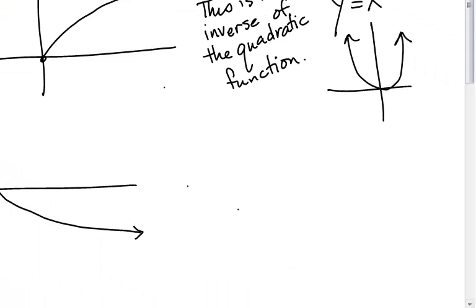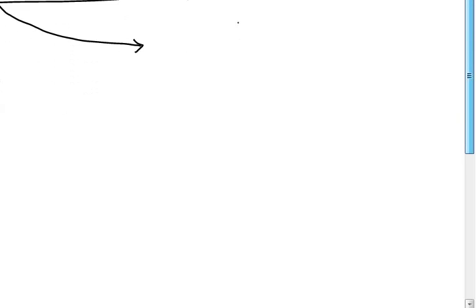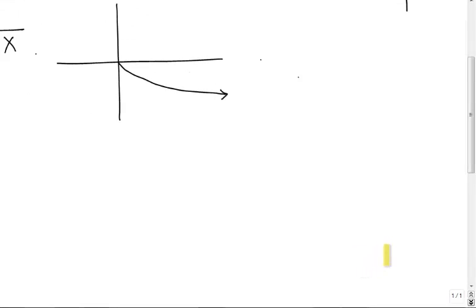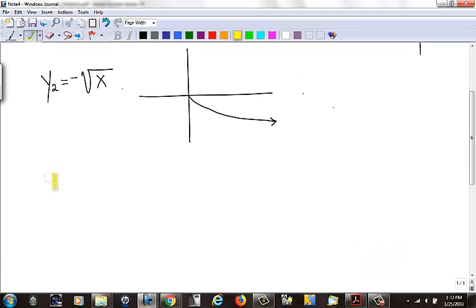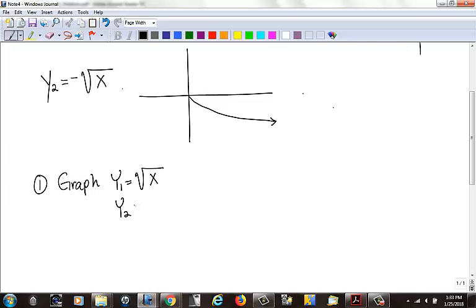Okay, now we're going to look at some patterns, now that we've graphed a couple of them. We're going to go back to the first example. I'm going to keep that y sub 1 square root of x, and in y sub 2, I want to know what happens if I take the square root of x